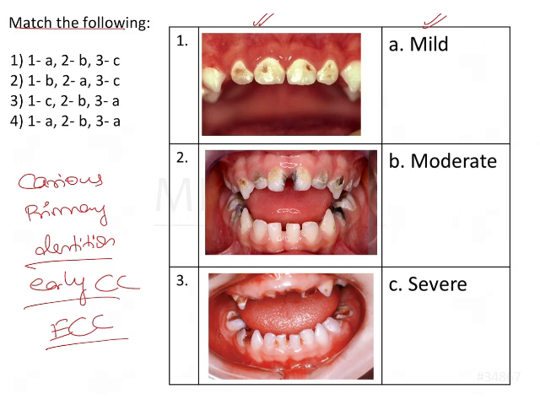So if we come back to the question, we can see that in the first image there are isolated carious lesions. So this is mild. And in the second, there is caries involvement of almost all the teeth. However, the lower incisors have been spared. This is moderate. And in severe, we can see that even the lower incisors have been affected. So this is severe. So the answer for this question is 1 is A, correct, 2 is B, correct, and 3 is C. So the answer for this question is 1.